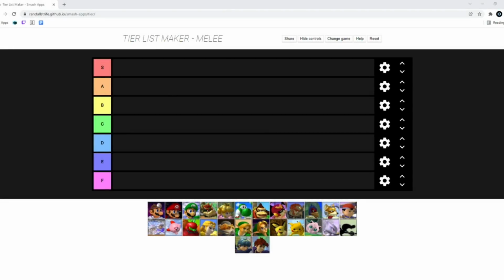Regardless of how you feel about that, I'm going to be doing the tier list under the assumption that all of these options are legal. I think that's going to be really interesting because I do think that these options shake up the tier list quite a bit. One last thing that I think is interesting that I should mention is that the C-Stick customization